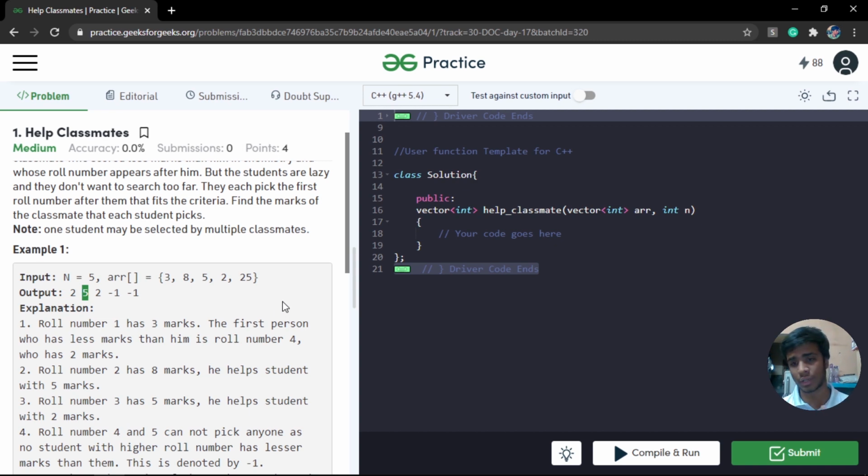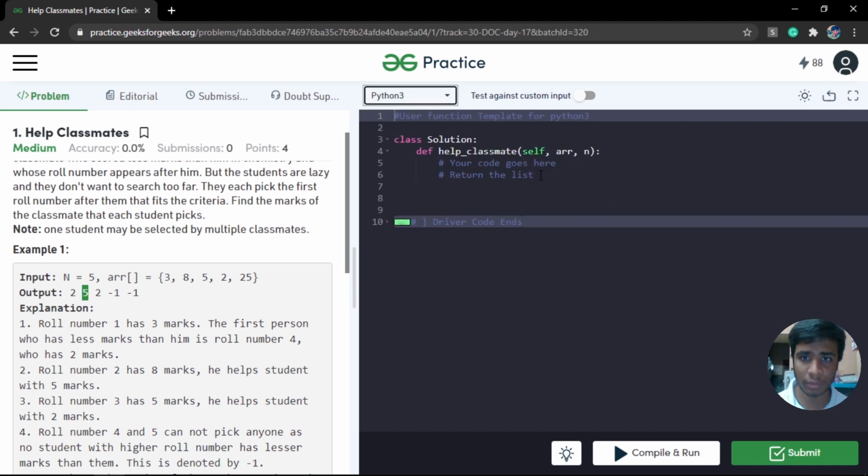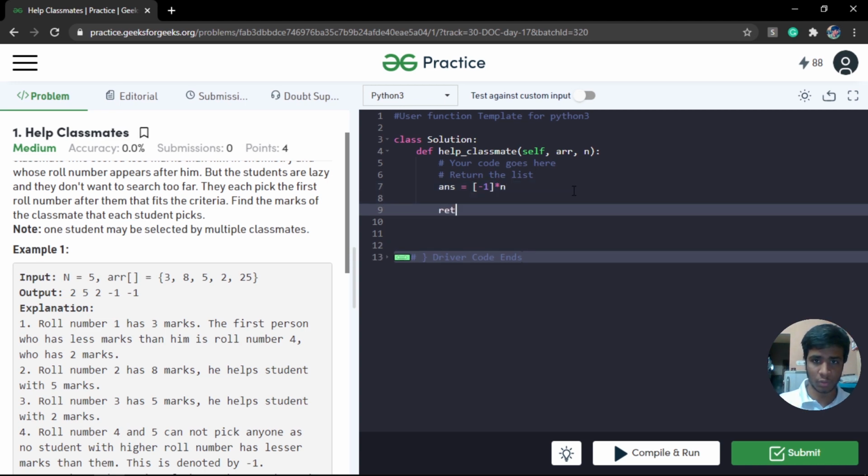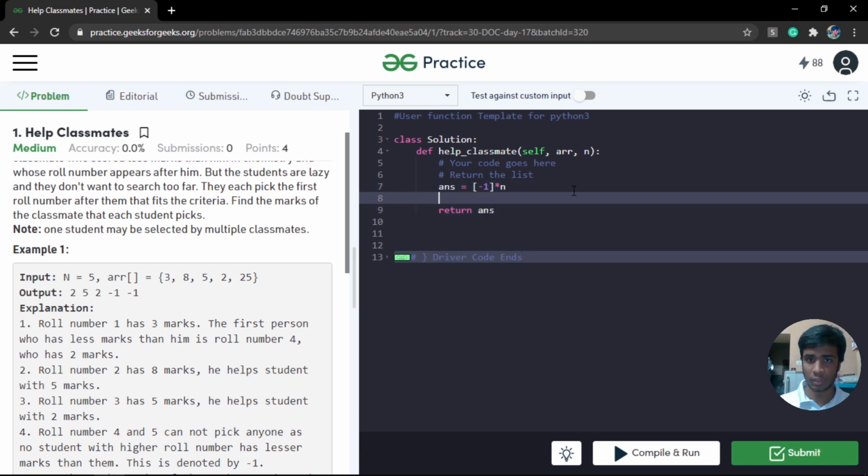So we are going to take help of a stack to solve this problem. Let's try and implement that in code, so we'll understand it better. As I said, we are going to initialize an answer array, so let's initialize all to -1s of size n, and we're going to return this answer in the end. And let's implement a stack. I'm going to implement it using a list itself.